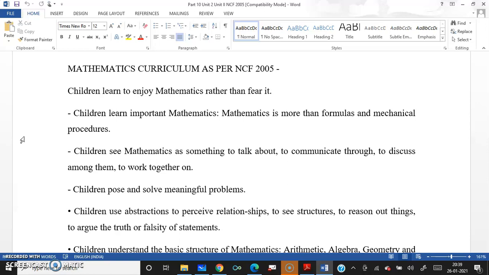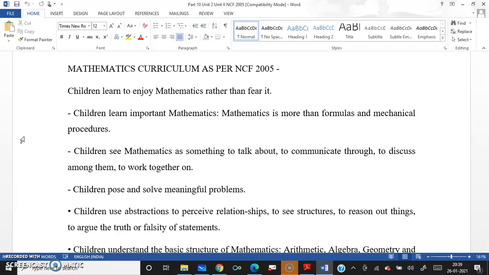Students should understand, right? Most of the things we teach in school are more arithmetic: addition, subtraction, multiplication, these are the skills, and how to square a number, how to find the square root of a given number, how to solve a polynomial equation. It's not like that. It's not only arithmetic, it's beyond that.